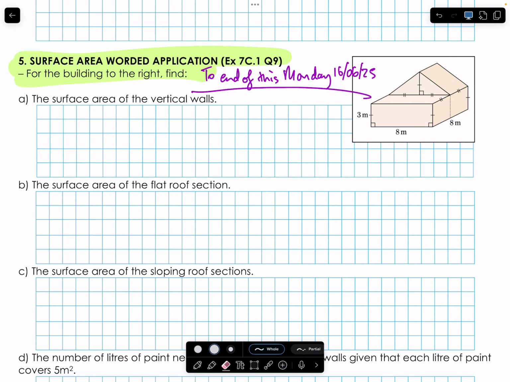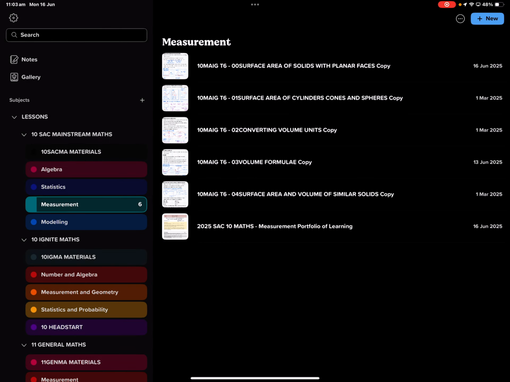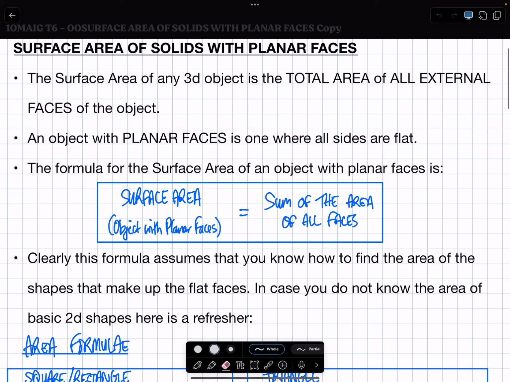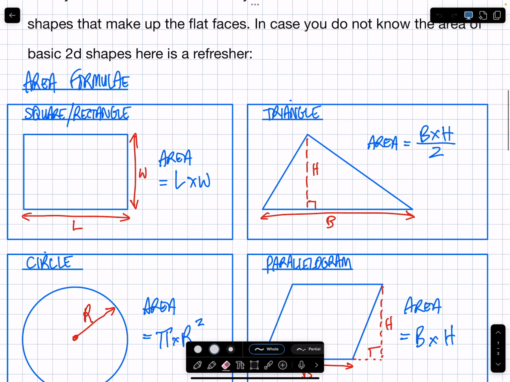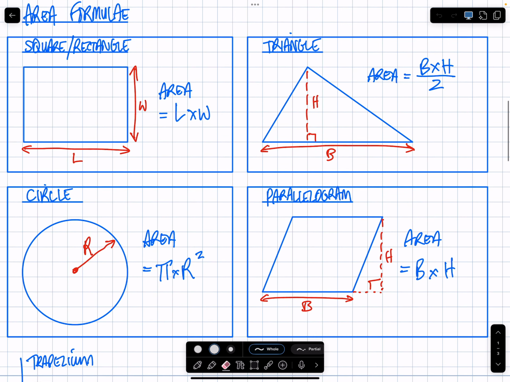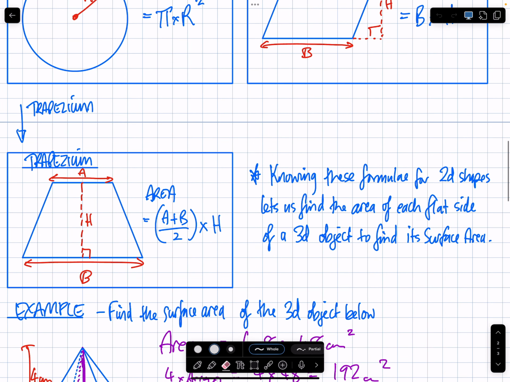On Friday, this is what we covered: surface area of solids with planar faces. I gave you these formulas, 1, 2, 3, 4, 5. If for some reason you didn't have time to copy those down, here are some printed ones with nice colors that